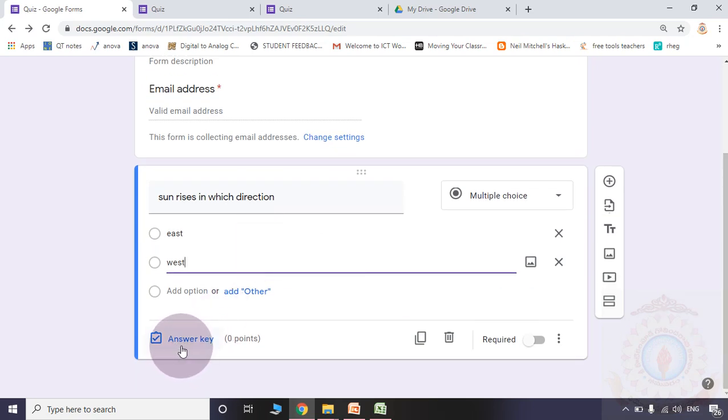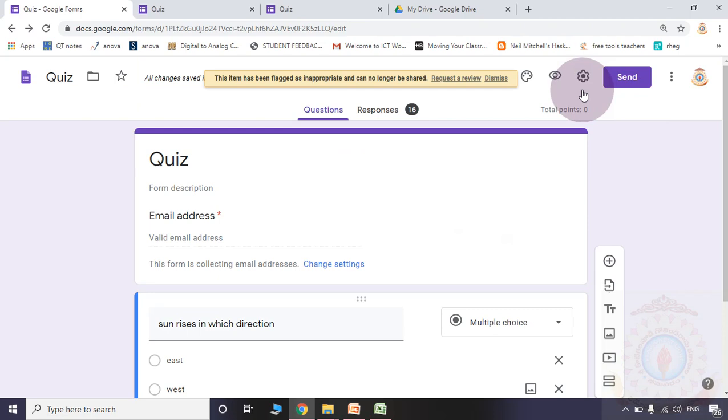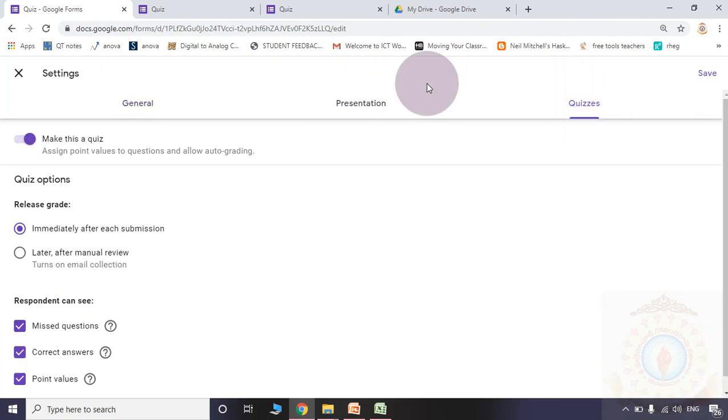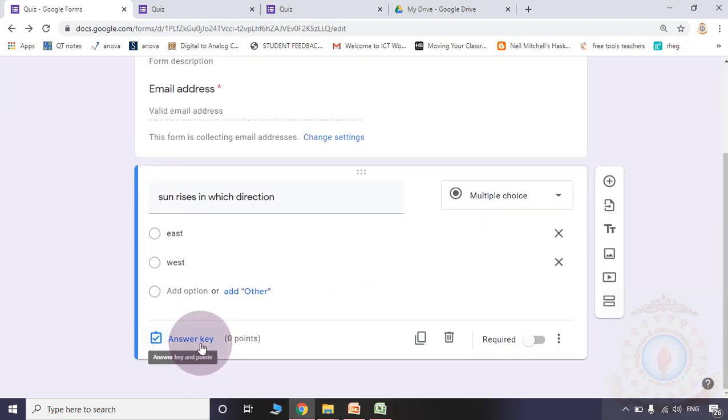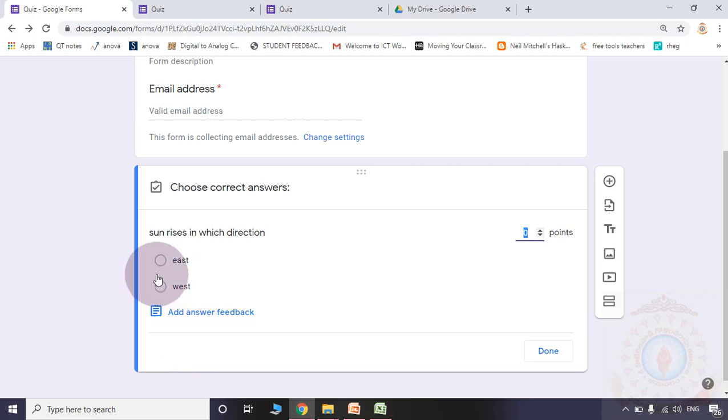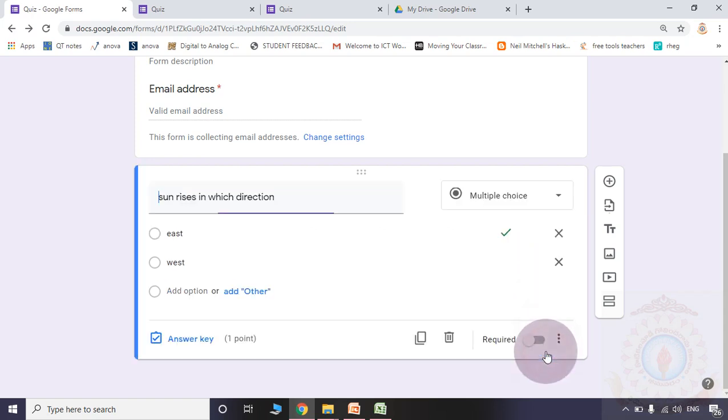Please observe, whenever the form is meant for quizzes, in the settings, in the place of quizzes, we show the command make this a quiz. We saved it already, so it will ask for the answer key. I am showing east as the correct answer. Then how many points do you want to give to this particular question? You need to mention points also. Then click the done symbol.